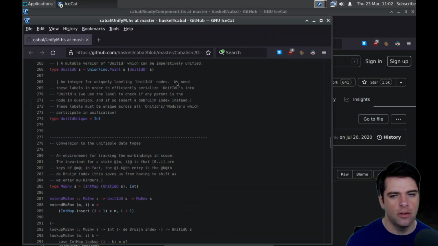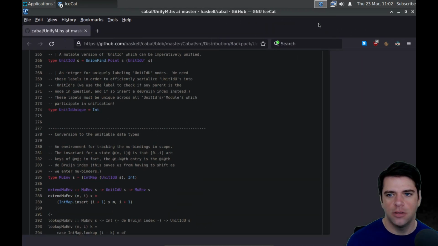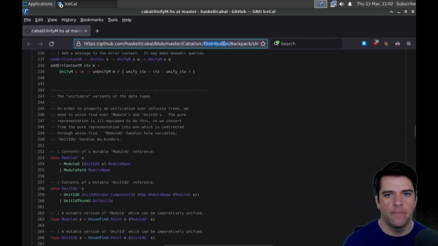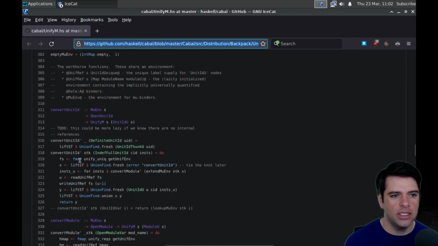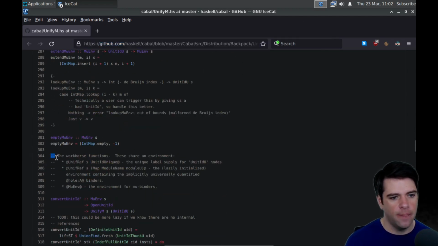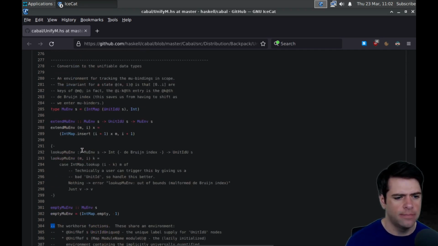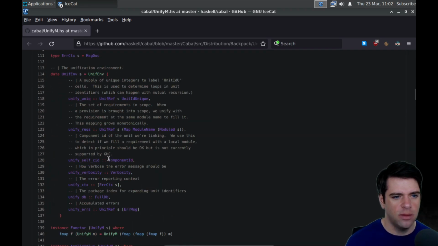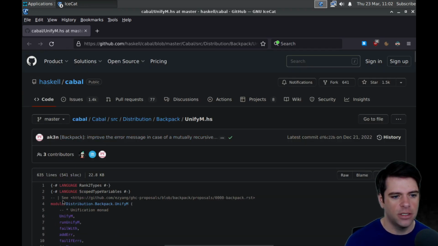Okay. Maybe that's not commented out code. I think I just closed it, but okay. Where are we now? Oh, this is unify. So the thing that I said was commented out code actually has a brace in front of it, and it's not the double dash, which is the Haskell comment thing. So I'm not sure what this is. Maybe I don't know if it's another Haskell comment style, but it's the same thing. And maybe it's like a preprocessor thing. It's the same curly brace dash delimited thing as like the language pragmas.